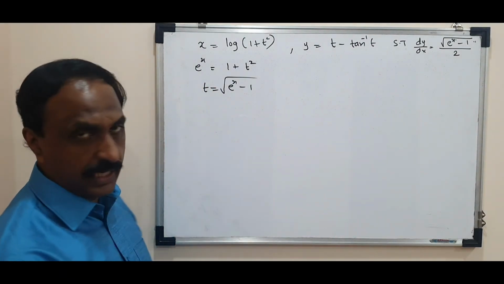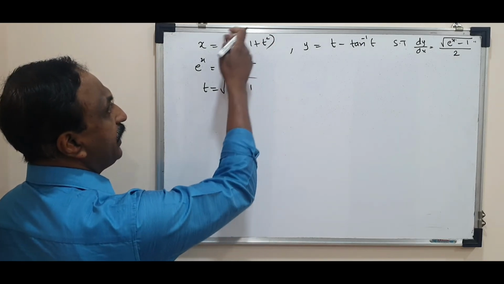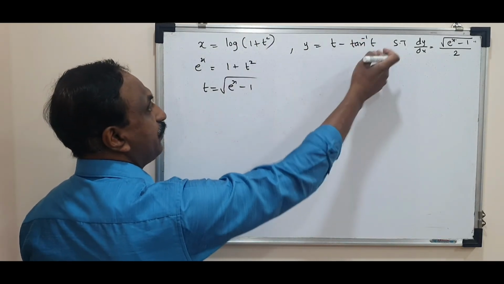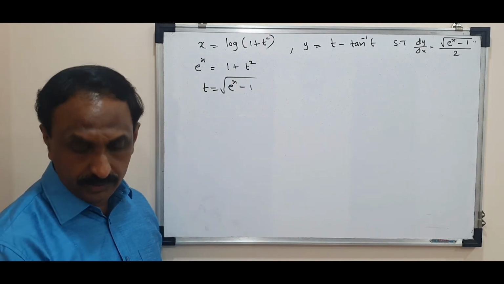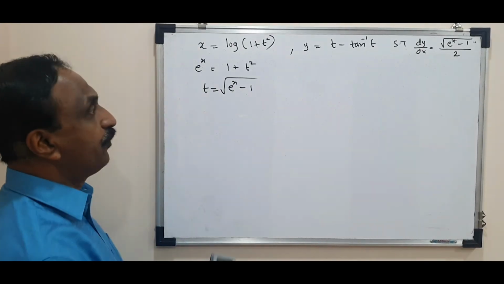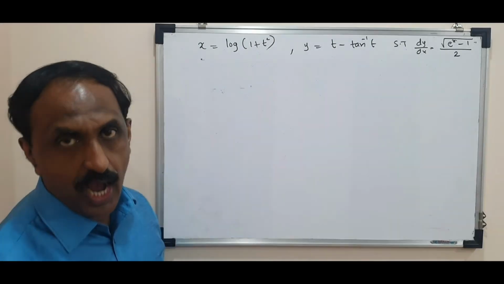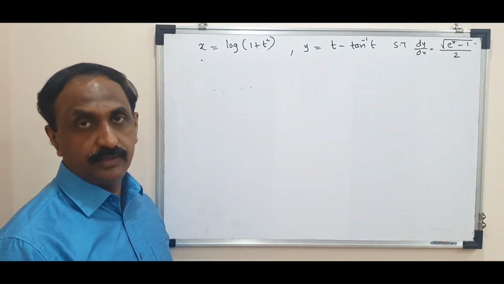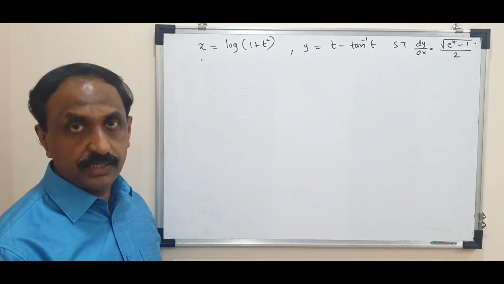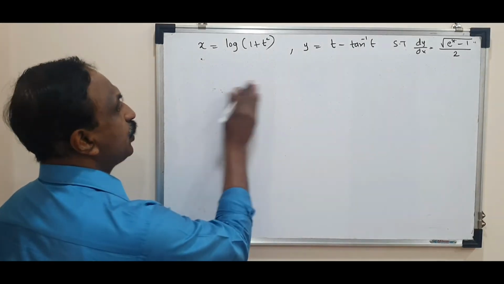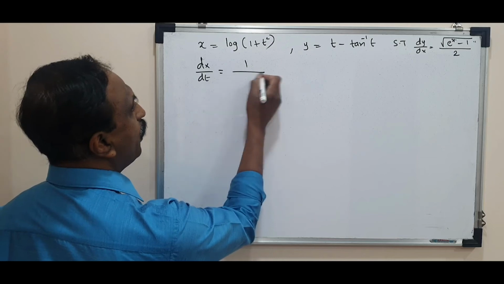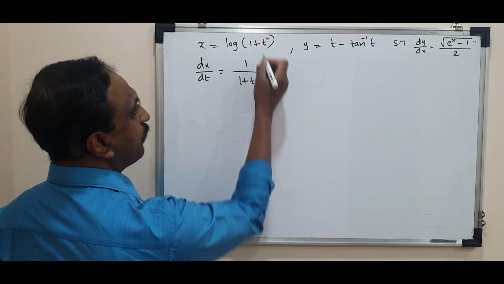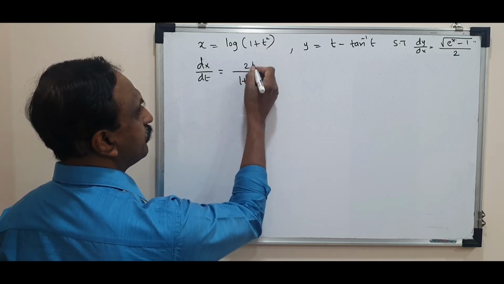But you notice another important thing. When I find the derivative of this and when I find the derivative of this, there is a similarity. So I'm going to use that in doing this problem. First I'll differentiate. After differentiating, I'll think of removing t. So in my derivative, first t will be present. After that, I'll remove the t. So first dx by dt